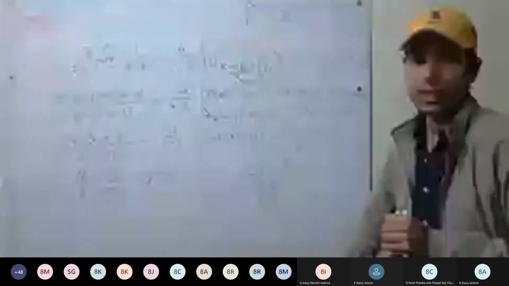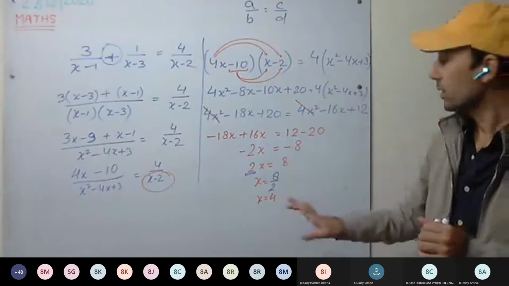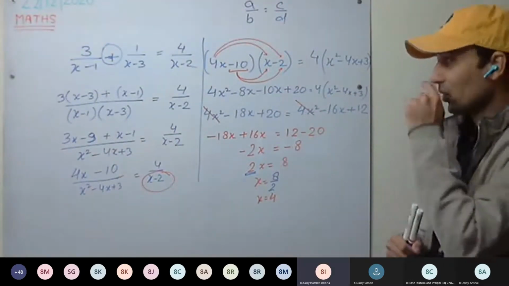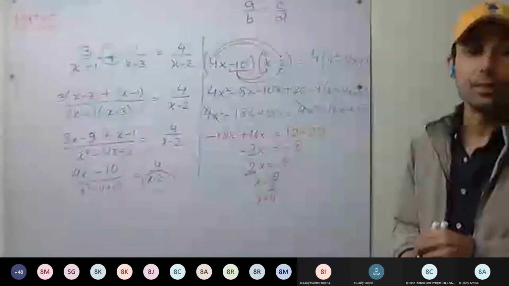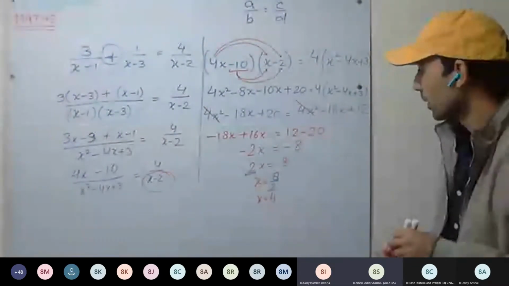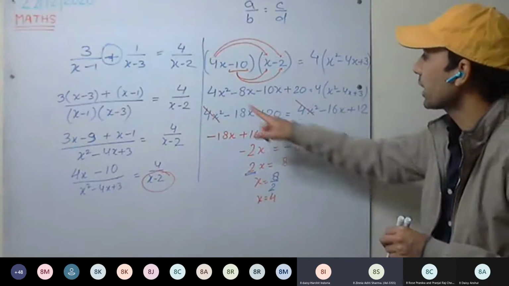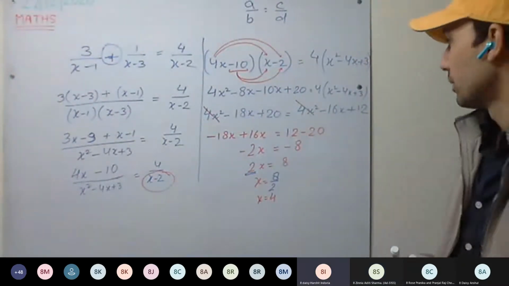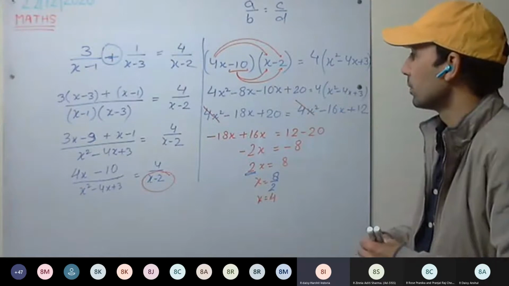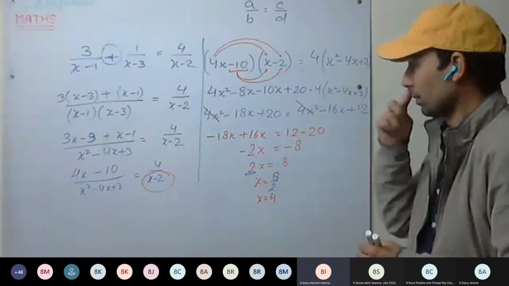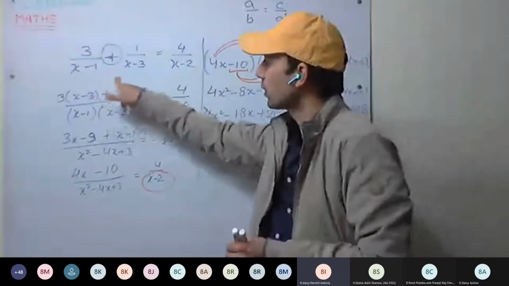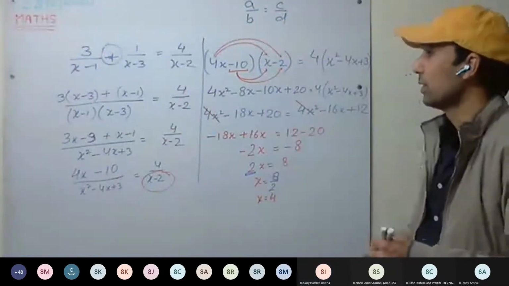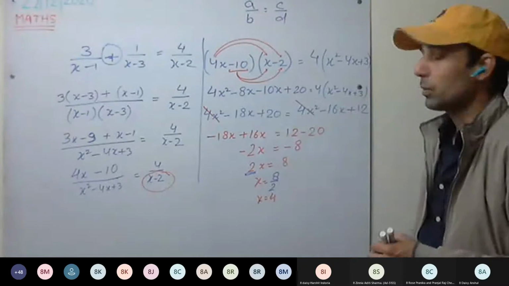Okay. Go through it once for a minute and then try to solve the next question. Sir, how can 4x square get cancelled? Okay, we'll write one more step. Yes, you can ask. Sir, I did not understand that step, 3 bracket x minus 3 plus x. That step I did not understand. Okay, how do they both get? One more step we'll write. Any more doubts?